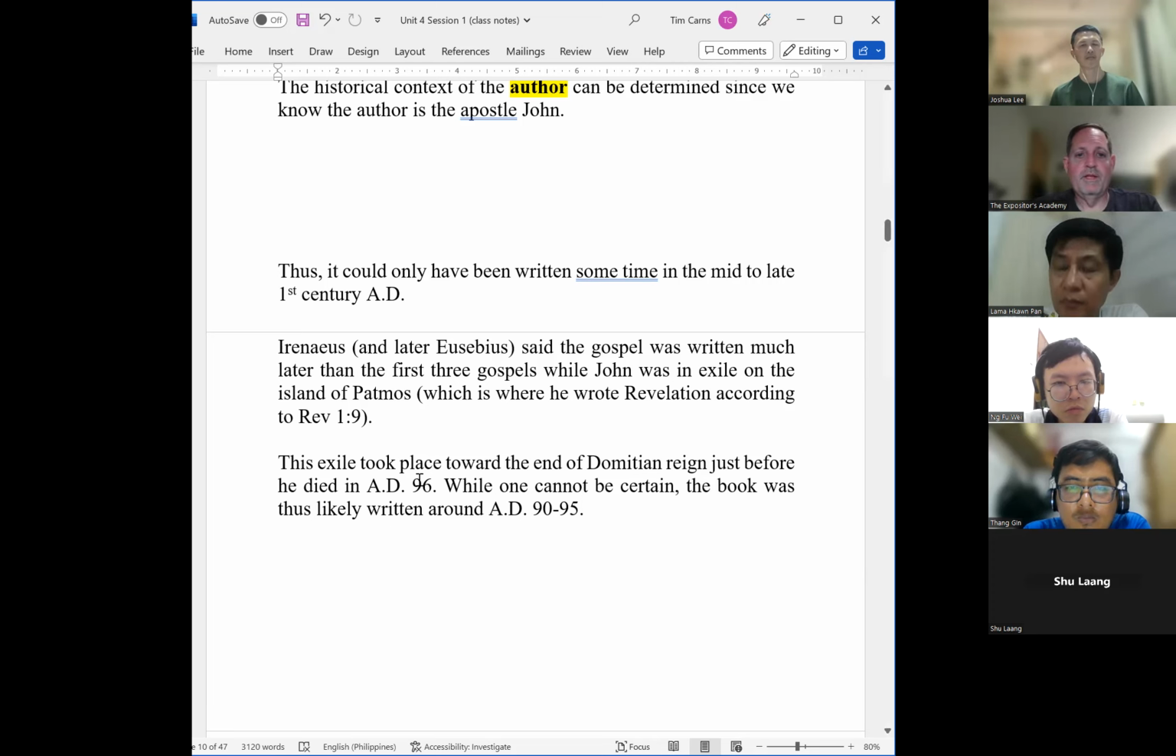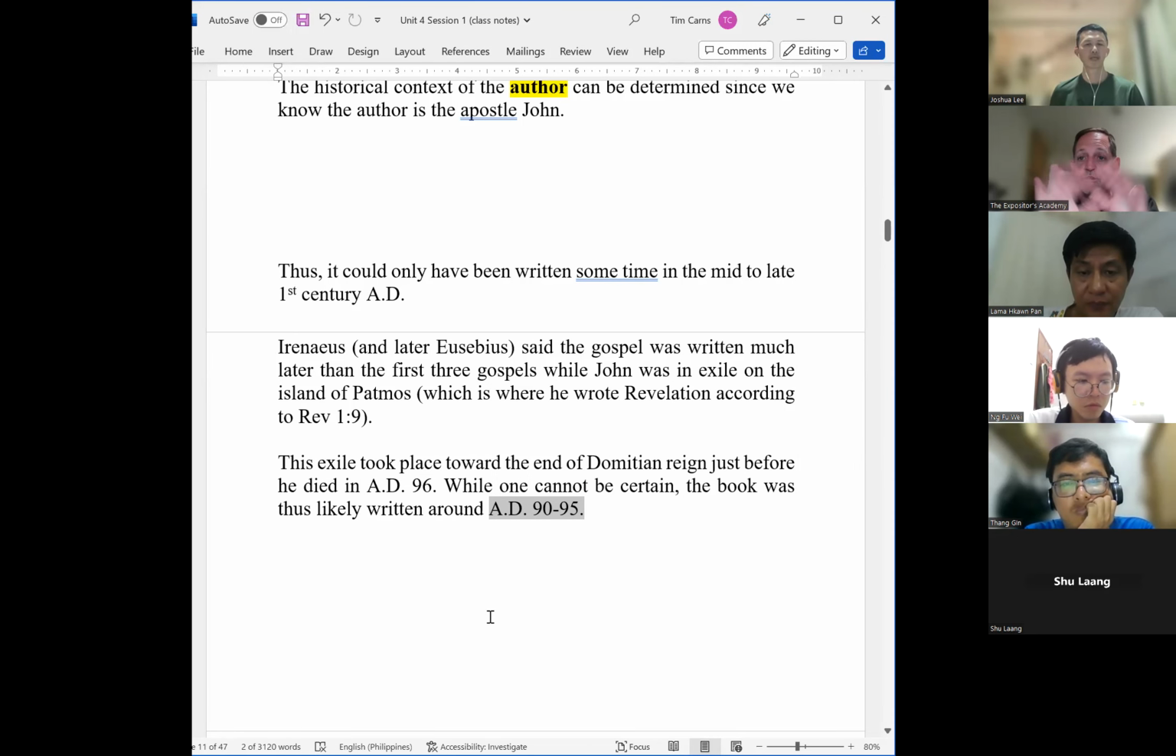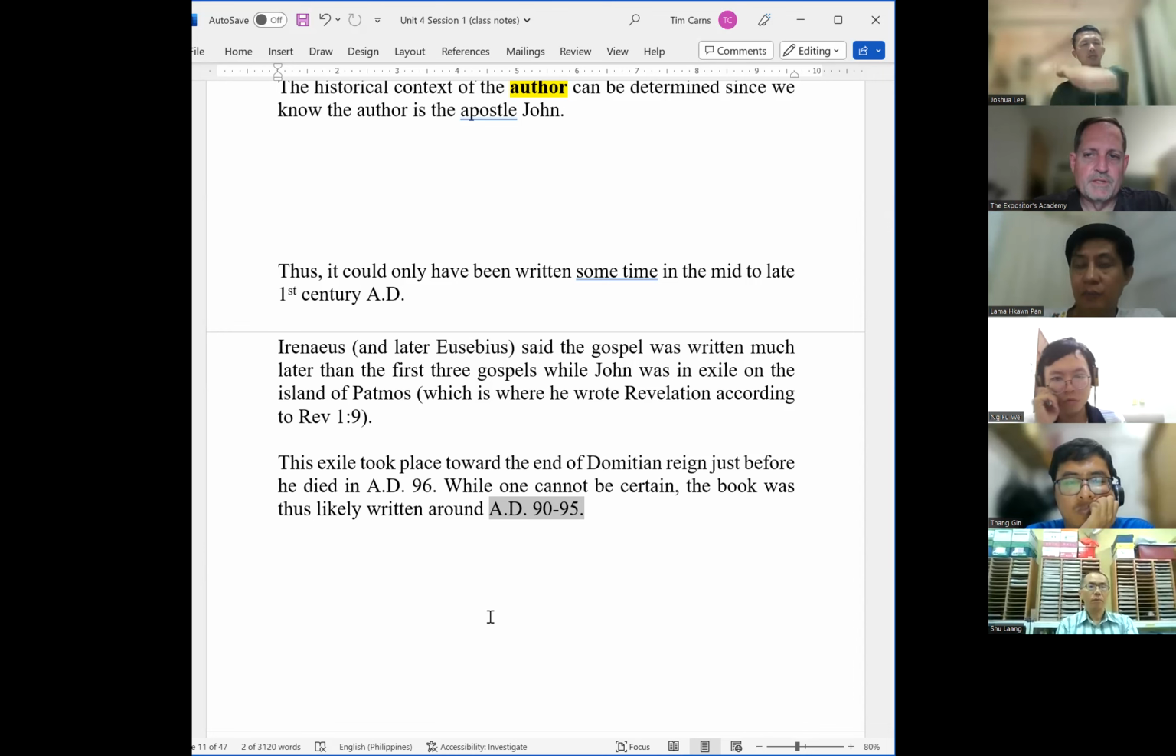And this exile took place towards the end of the reign of the Emperor Domitian, and he died in 96 AD. And so it's likely that John wrote his gospel around AD 90 or 95. Now, this is external evidence. This is evidence outside of the scriptures, but it's pretty reliable external evidence as to the time of writing. And it makes sense for this reason. It makes sense that it was written much later, because